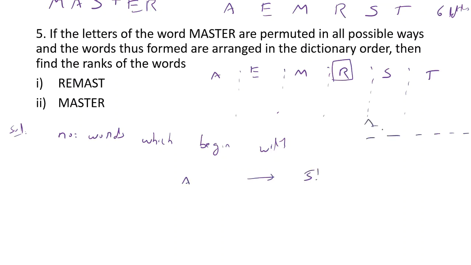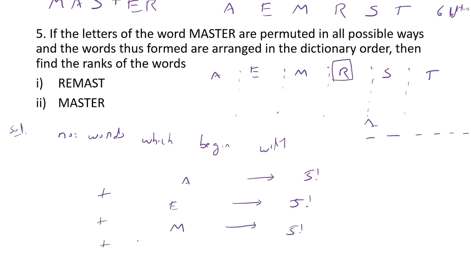So I have to fill the first blank with A. After that, we will be left with 5 blanks and 5 letters, and I can arrange these 5 letters in these 5 blanks in 5 factorial ways. Therefore the total number of words that begin with A is 5 factorial, plus the number of words that begin with E, which is also 5 factorial, plus the number of words that begin with M, which is also 5 factorial,